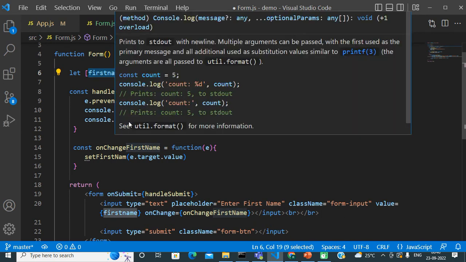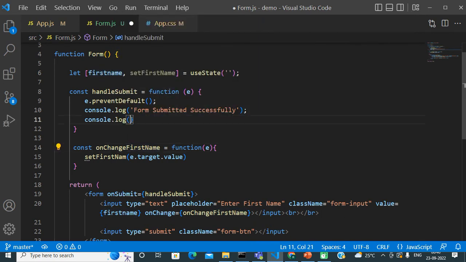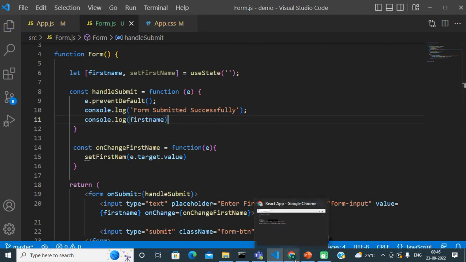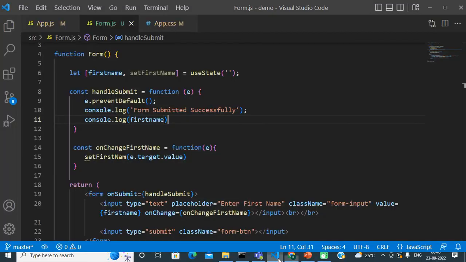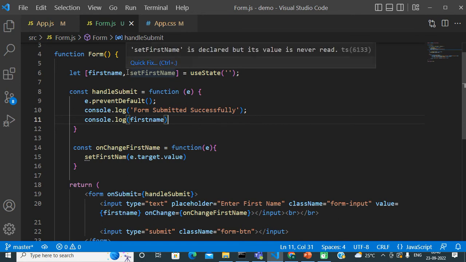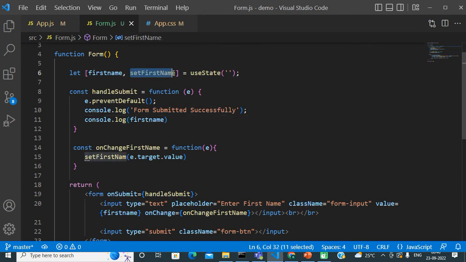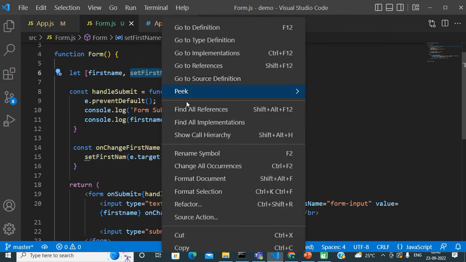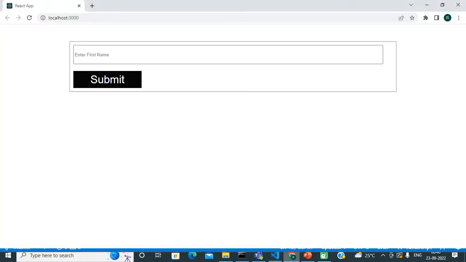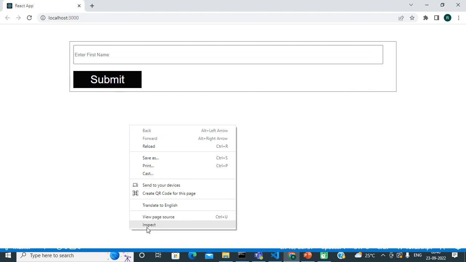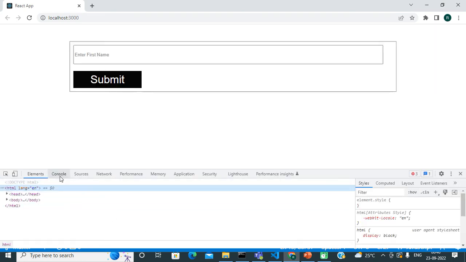I will just display the value of my component state, so that I will get my form data over here. Okay friends, "set first name is not defined." I think I have just made a small spelling mistake here, so let me directly copy this name completely so that I can remove that error. Okay, and now see friends, I am again opening my console, my inspector,